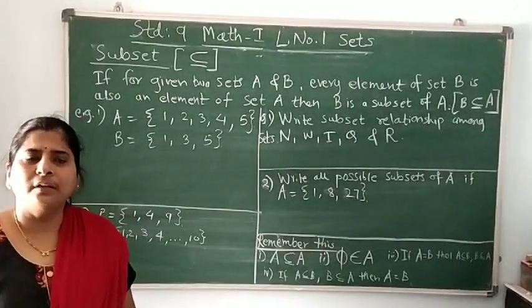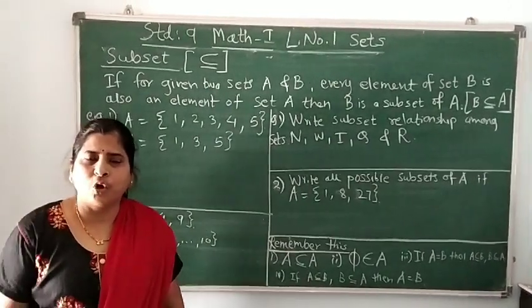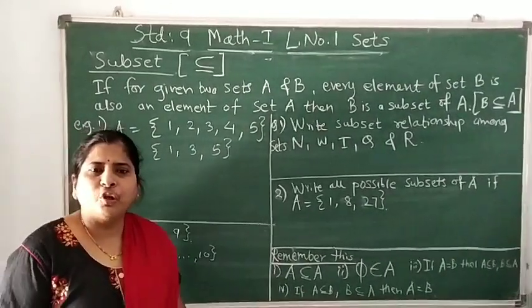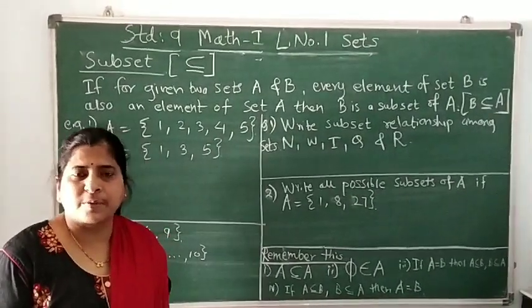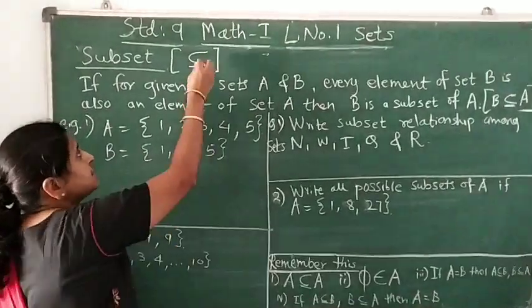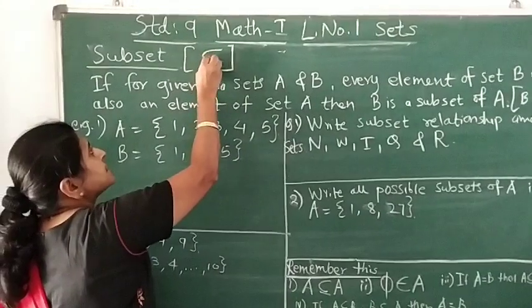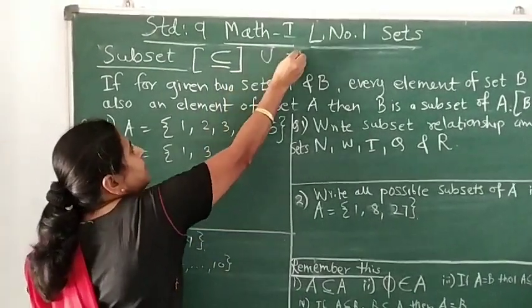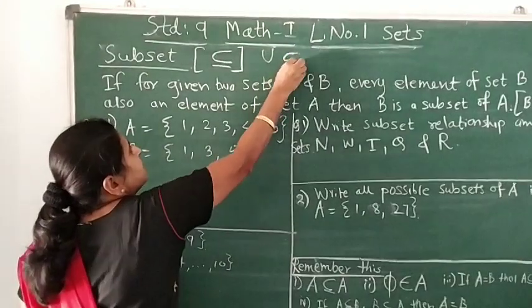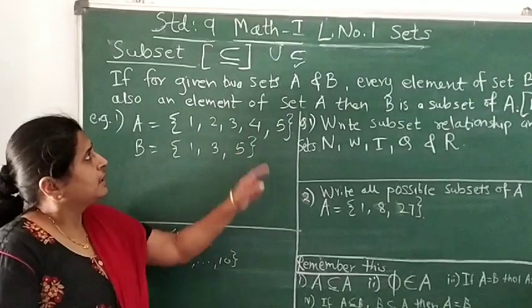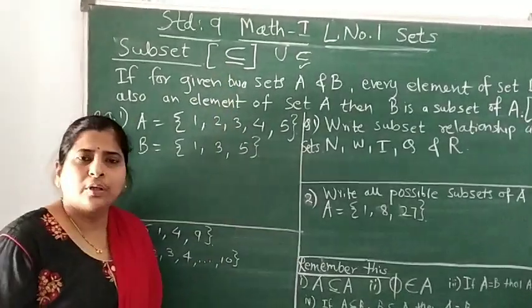Now we are going to learn about the subset concept of sets. As set theory is full of signs and symbols, there is a specific symbol used for the word subset. The symbol is a sleeping U. My dear students, it is not C. It's U but not vertical, it is a sleeping U. This way we will write it, and then below that we will put a horizontal line. So this symbol is used to show the subset.